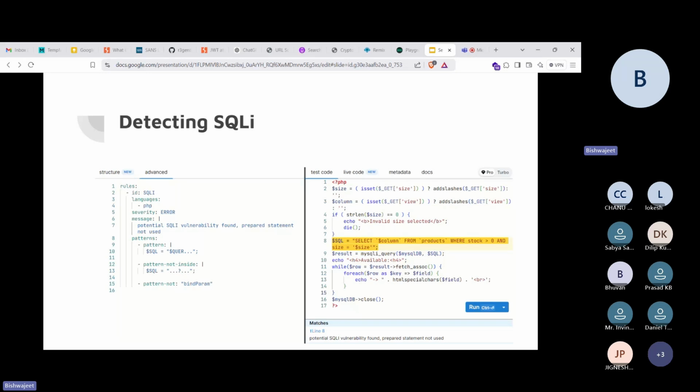So right now I'm using two patterns. The first pattern is SQL equals to QUERY query. So this is nothing but a metavariable here. An ellipsis operator is defined to consider whatever is present, the variables and the other things inside it, and patterns